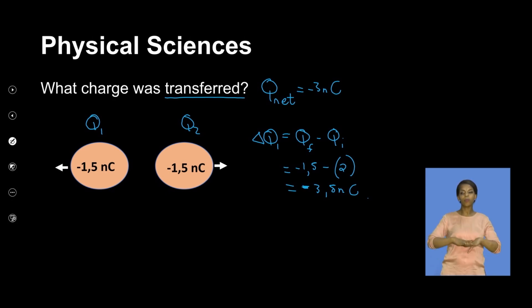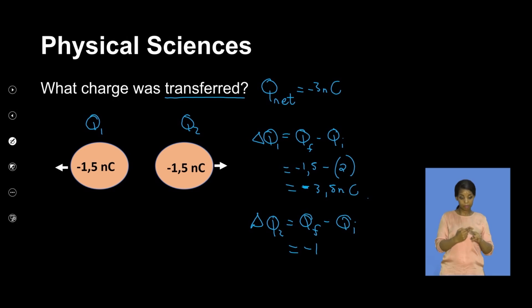In other words, the change in its charge was, by magnitude, negative 3.5 nanocoulombs. This was the gain. Now let's look at the change for Q2. Still, we're saying Q final, which is our Q new, minus the initial charge before they were brought into contact. Now the final is negative 1.5, which is the same as the final charge for Q1,